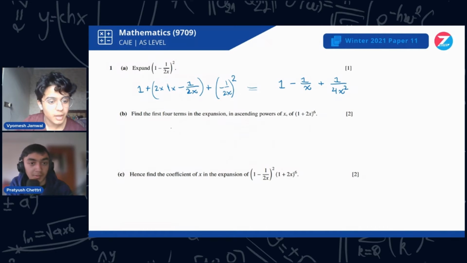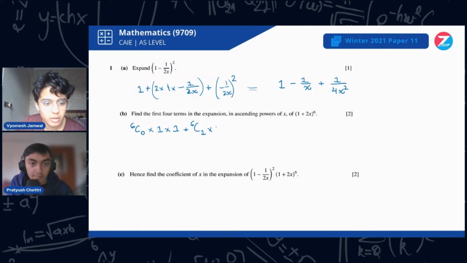Oh, wow, this is a big question. Yeah, sure. It says find the first 4 terms in the expansion in ascending orders of x of this. Okay, in this case, we need to use the binomial theorem. So I'm just going to go with 6c0 times 1 times 1. Add that with 6c1